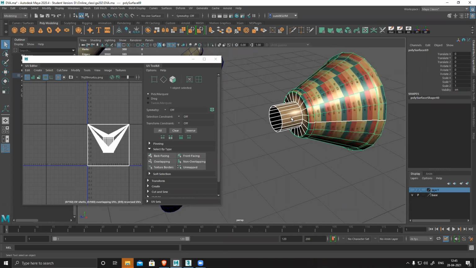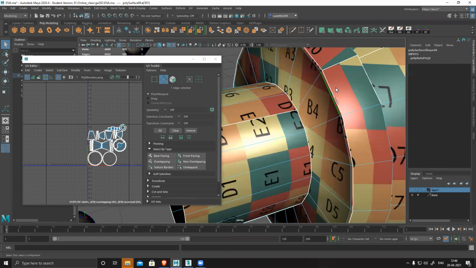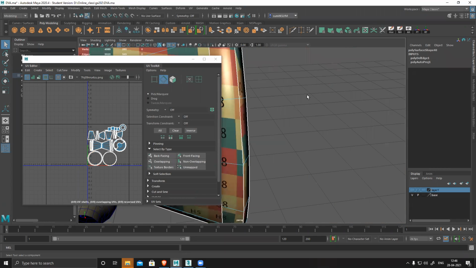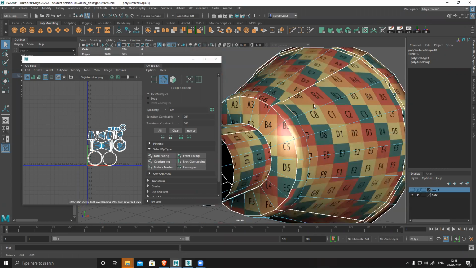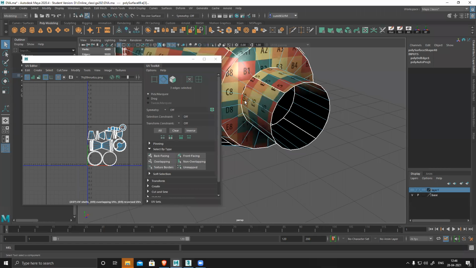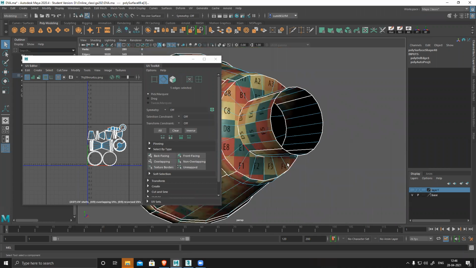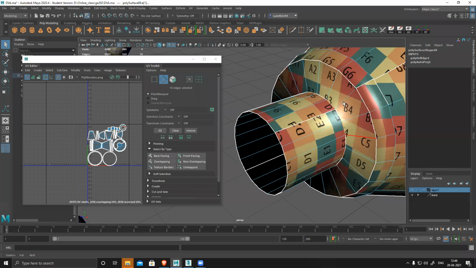So this section is not visible, but has a lot of polygons, right? So I'll just fix it now only. Alternative loops, like edge select, control or shift, collapse edges.